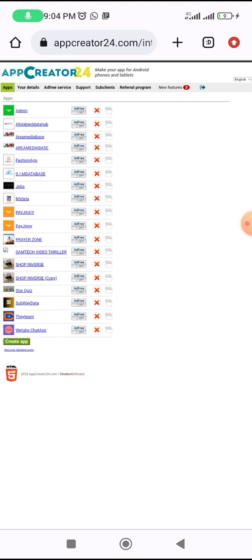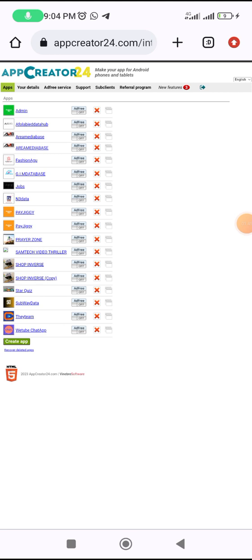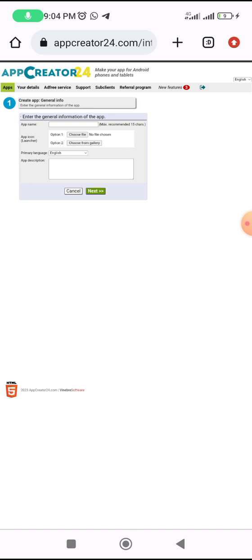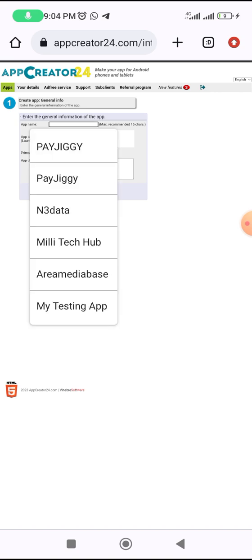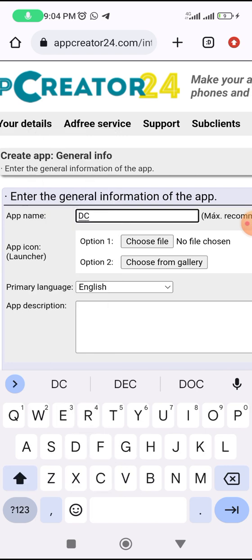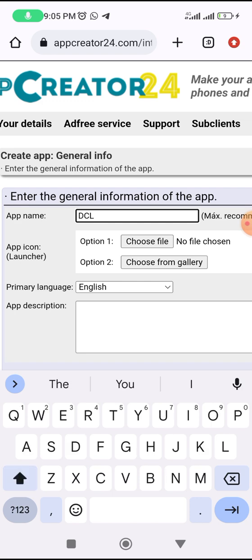So to create a new app, what you have to do is to locate this part that says create app. Then you click on create app. When you click on create app, you enter the name of your app. The first thing is to enter the name of your app. This app that I'm creating now is an app that I'm creating for a client,